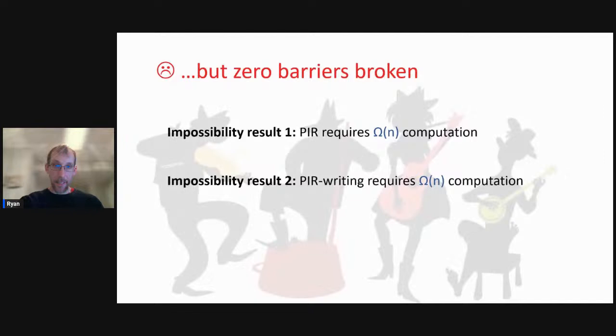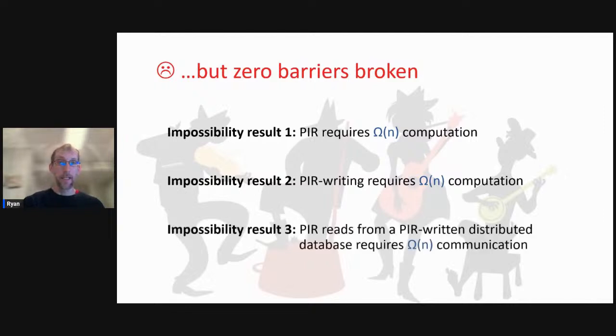If I want to write one entry of a database, but I don't want you to know which one, I need to change every bit of the database somehow so that you can't tell which bits were unwritten, and then infer that I couldn't have possibly written there based on that. And impossibility result number 3 essentially says that if I use PIR writing to write to a distributed database, and then I try to use PIR reading to read from it,